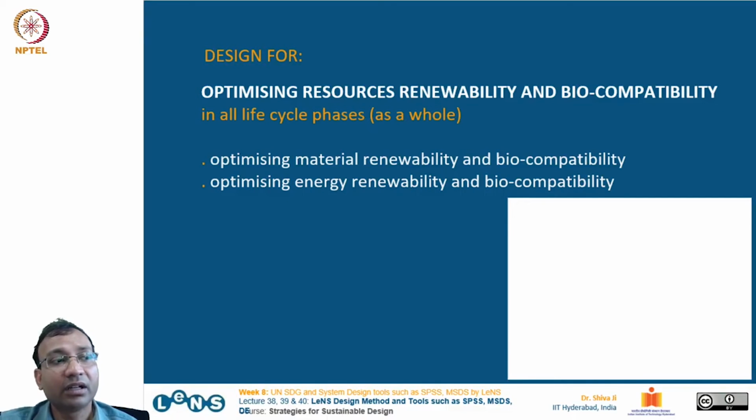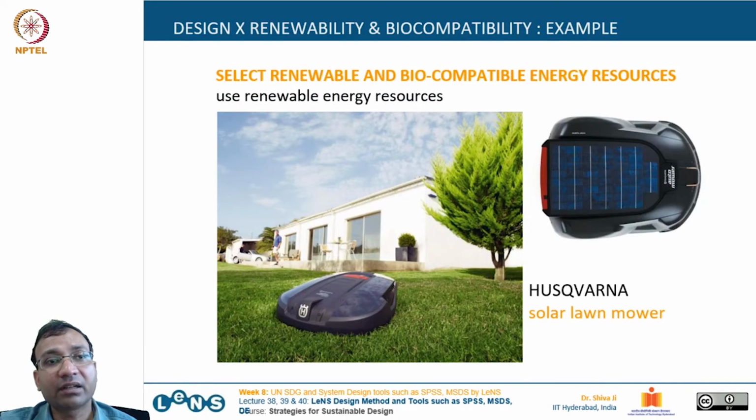So we have to keep focusing on both of these components. Let's see one example over here. For design for renewability and biocompatibility, select renewable and biocompatible energy resources. Use renewable energy resources. So this is a solar lawn mower, because these grass cutting machines, which we usually use in our homes,